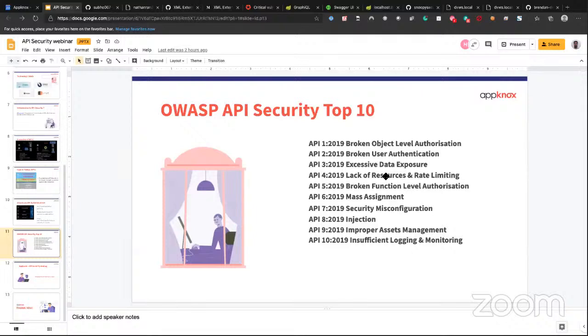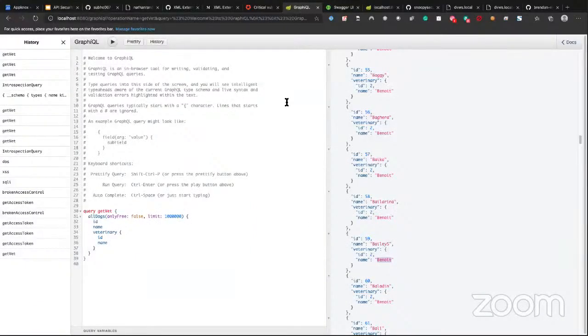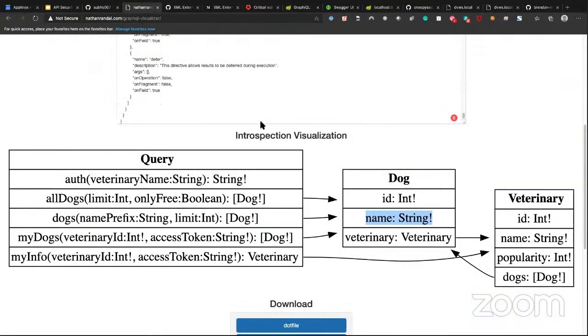This is a very unique case for a GraphQL based kind of server, right? In a GraphQL based server, you can actually query recursively, and that can blow up the overall resources. As I was showing you in the GraphQL query, I can go ahead and query an internal DB, and it can link the DB. The problem is there is a cyclic query over here. So I can go from here to veterinary and I can go to the dogs, and from the dogs I can again call the veterinary, and then I can again call the dogs,